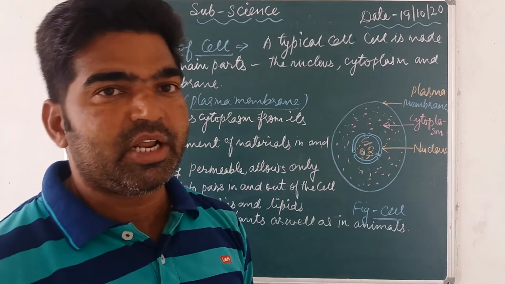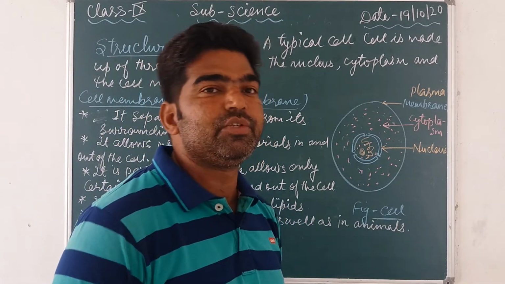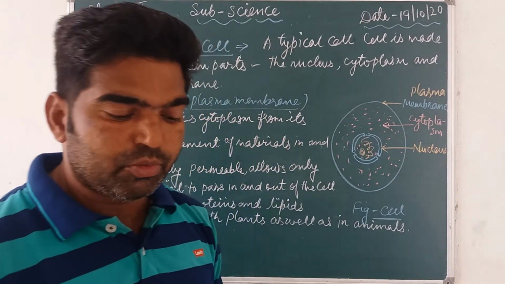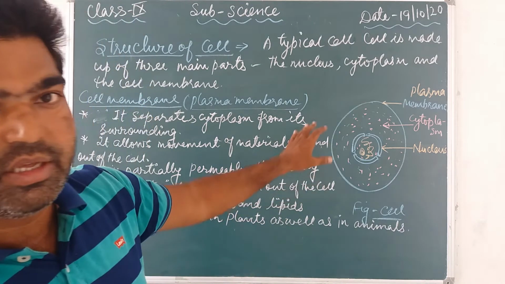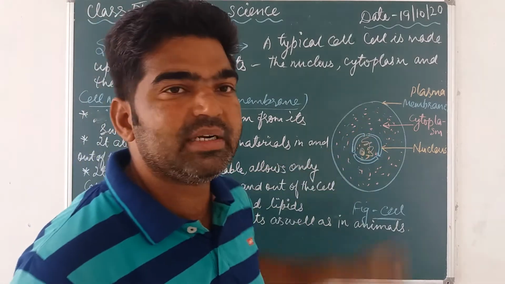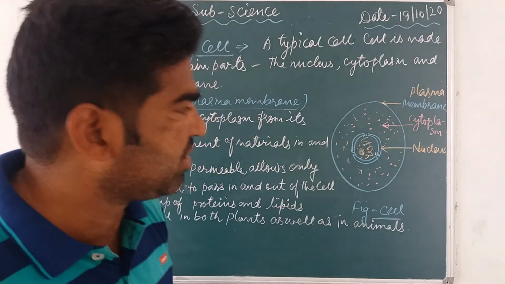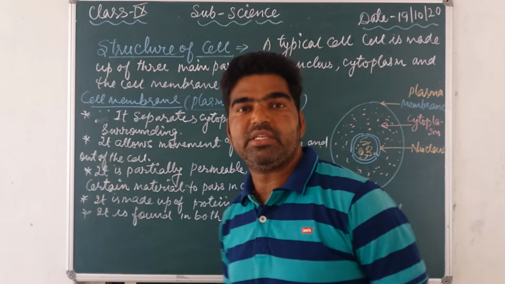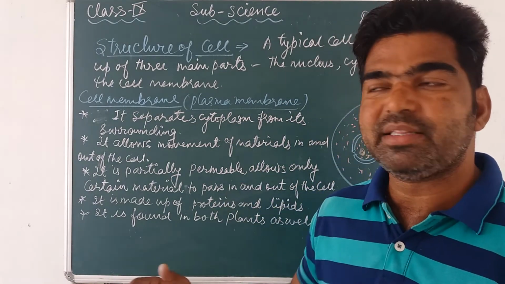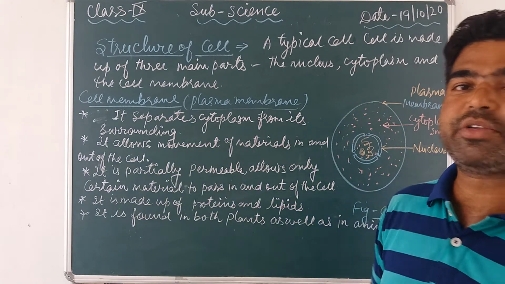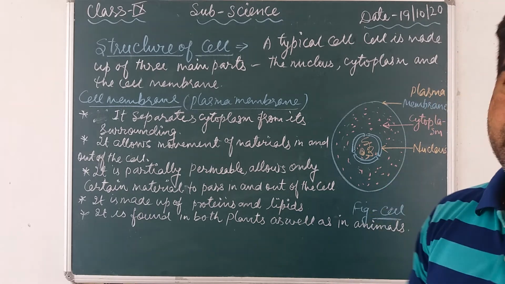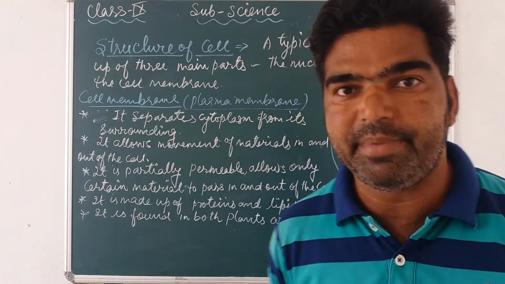That process is known by two important processes, that is diffusion and osmosis. So next we discuss osmosis and diffusion. Everybody, note down these things. Write down in your notebook and draw this diagram in your notebook. Next we discuss the two main processes, osmosis and diffusion, by which the exchange of gases like CO2 and oxygen and water molecules can take place through this semi-permeable or partially permeable membrane.